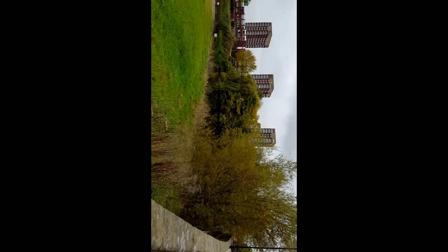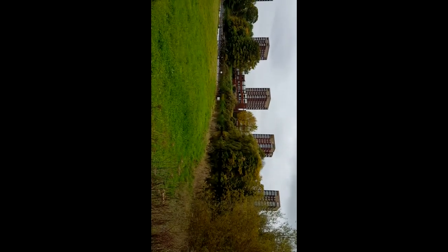The two rivers, the River Tyne and the River Anker, meet here, and you can see the glorious flats there, built in the 60s. God knows why, but there you go. There's the Canadian geese, is it? Oh, there's dozens and dozens of them, right bloody mess they make. There's the old World War II